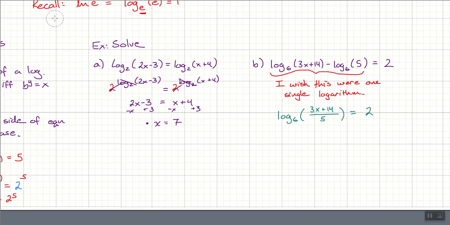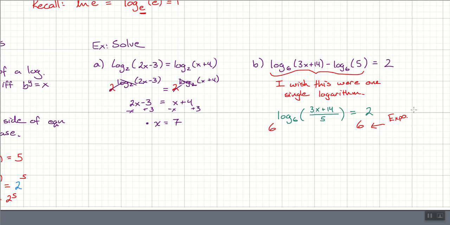However, remember, mathematicians are lazy, and I'm lazy. So what I would suggest doing is, as long as it's clear, I'm going to exponentiate both sides just as it's written. 6 to this power equals 6 to this power. And I know the equal sign is in the wrong spot. It should be here if we wanted to have this expression look right. But these 6's right here, this is what I'm referring to with exponentiation. So this is exponentiate. I'm just going to say expo